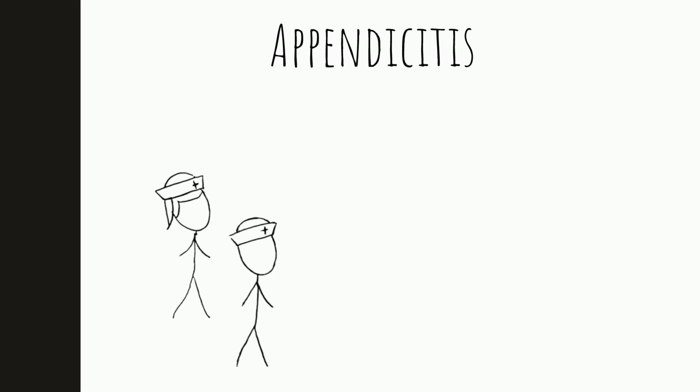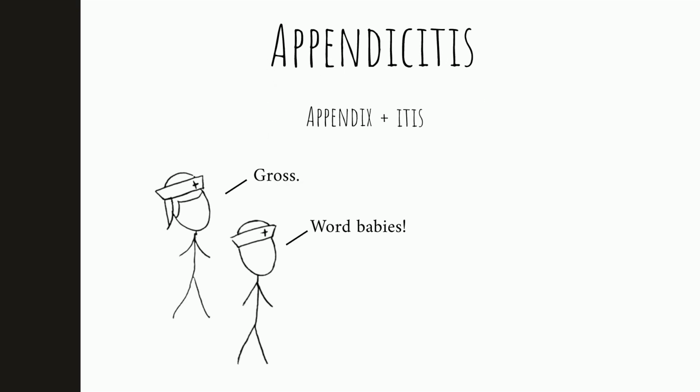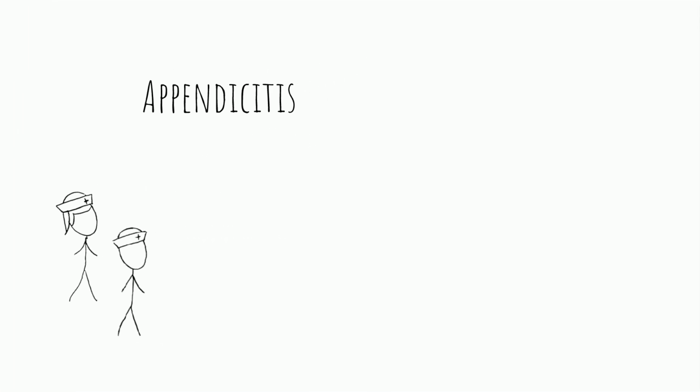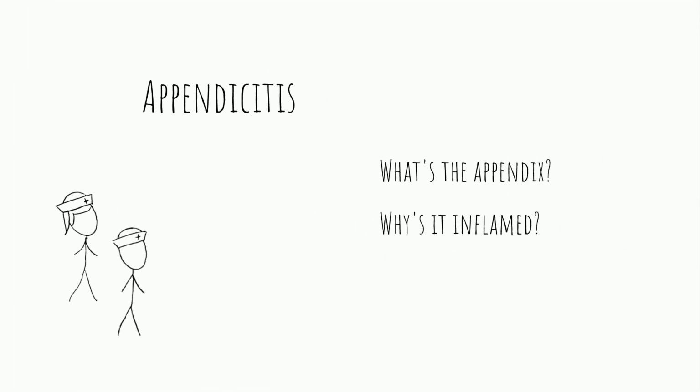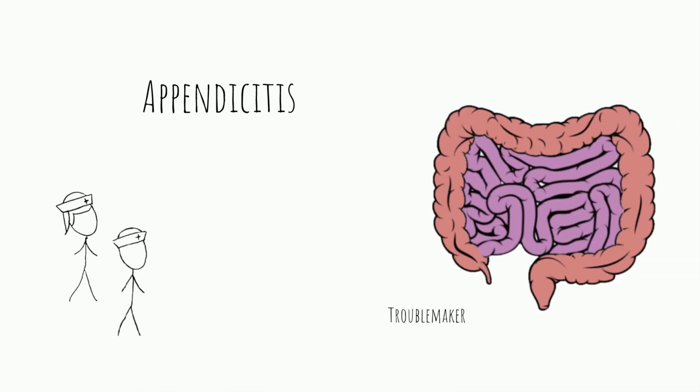Appendicitis, as the name implies, well, technically it doesn't imply it, it literally means it, is inflammation of the appendix. This immediately begs two questions. What's the appendix and why is it inflamed? The appendix is this little dangling dead end piece of your intestinal tract that normally hangs just beyond the ileocecal